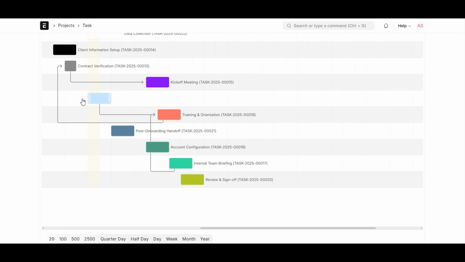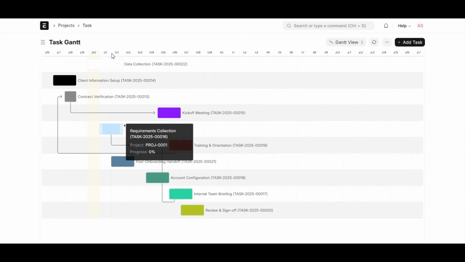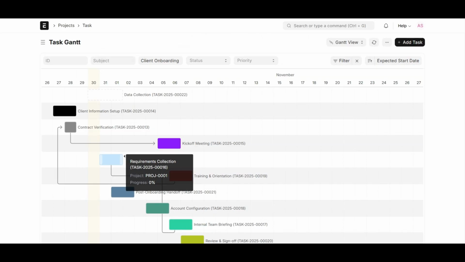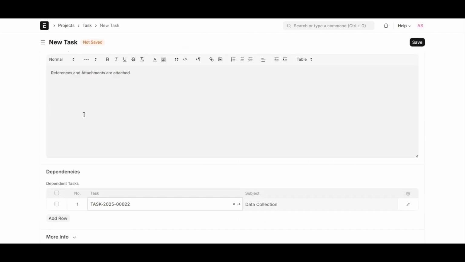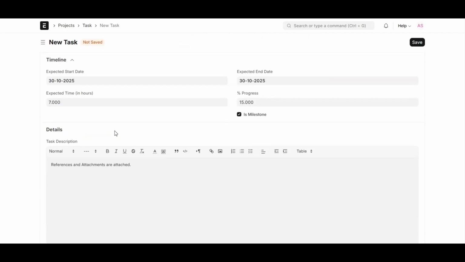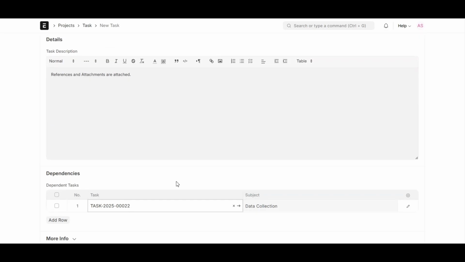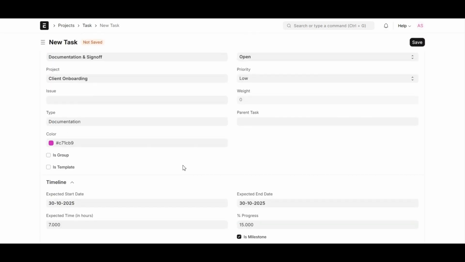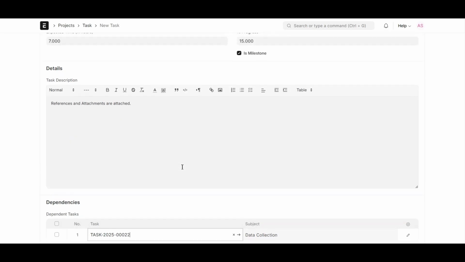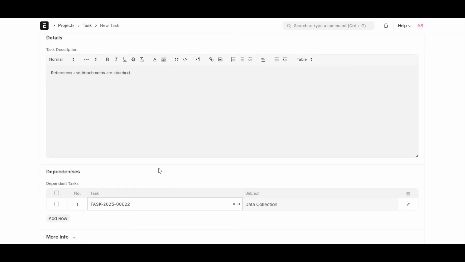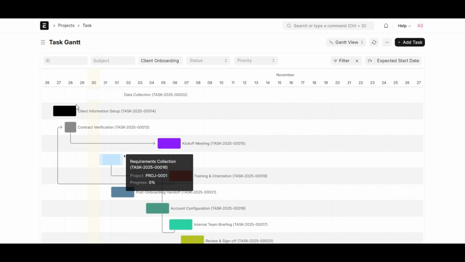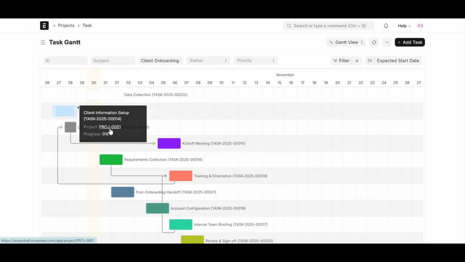When timesheets are linked to tasks, ERPNext automatically updates total hours worked, employee breakdown, notes or time logs. The actual start date and actual end date are automatically fetched from the first and last timesheet entries for that task. This helps managers see delays, track real versus planned durations, and measure accuracy in project scheduling.